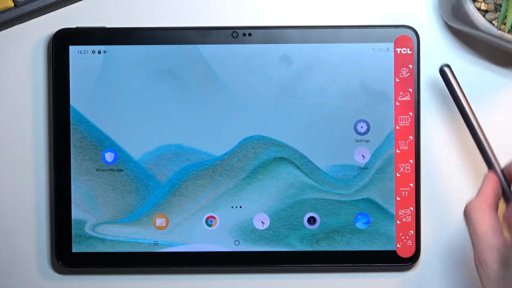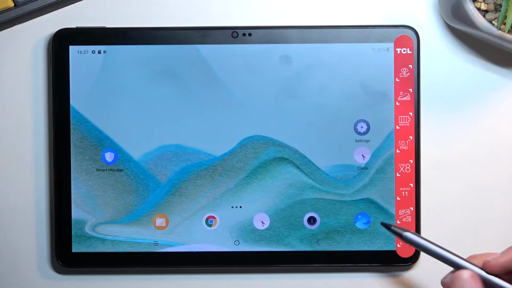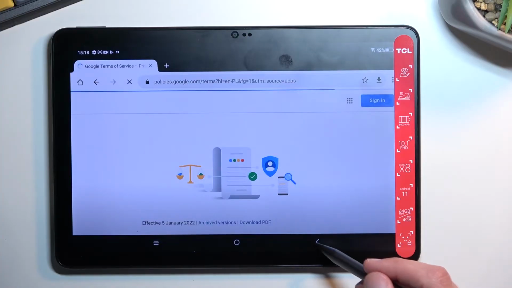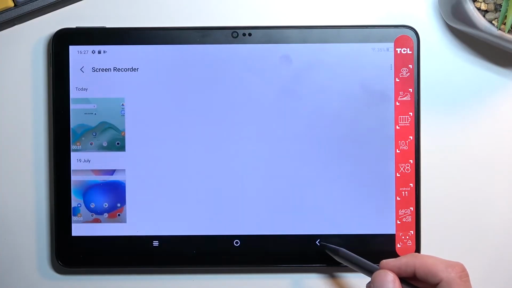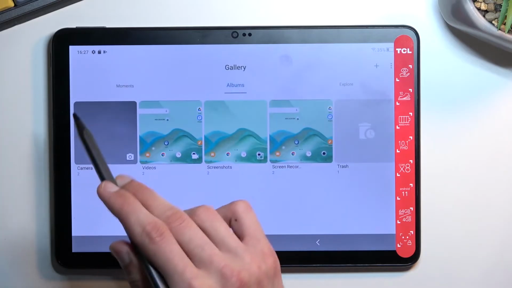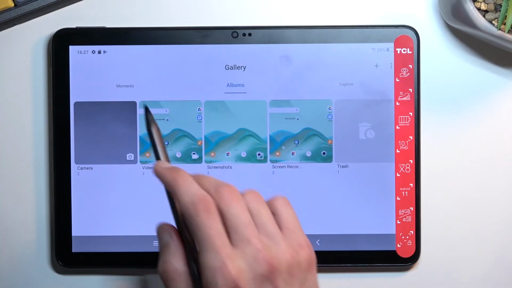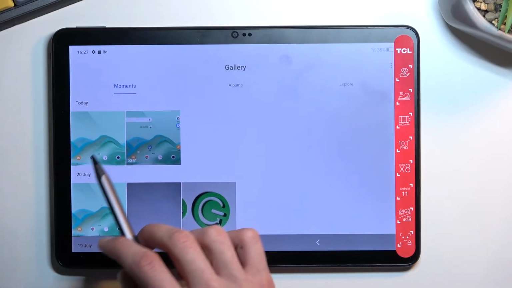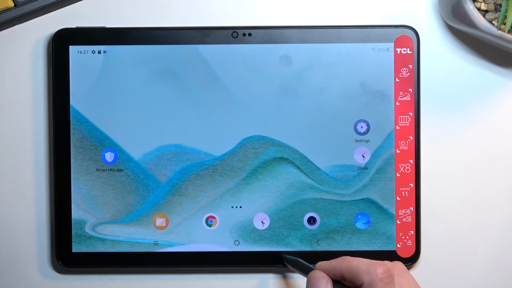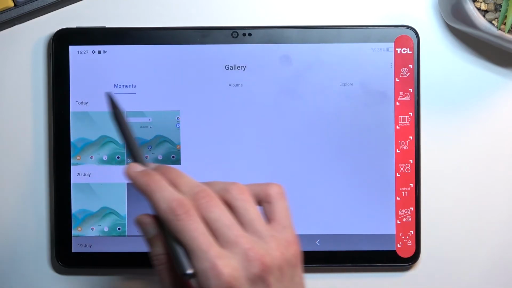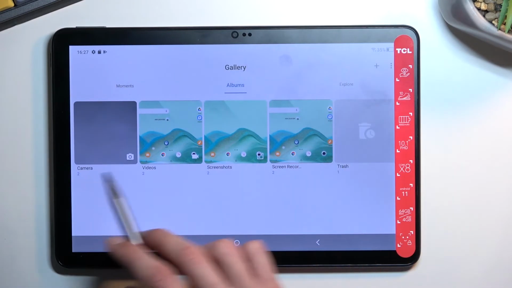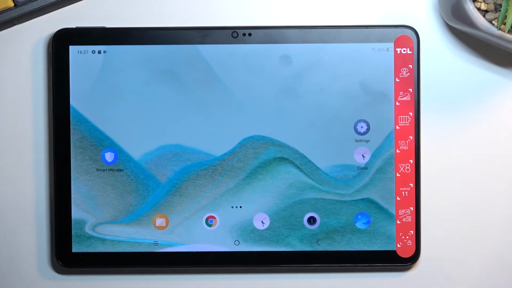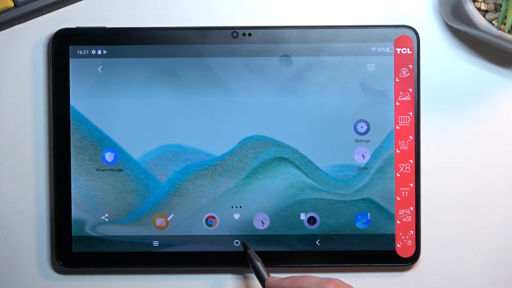So to find your screenshot after you have taken it, you can navigate right here into your Photos application. And you can find your screenshot either in Moments, as the newest one, as you can see right here, or in Albums under Screenshots. So there we go. So anyway, that is how we can capture a screenshot on this tablet, and also where you can find that